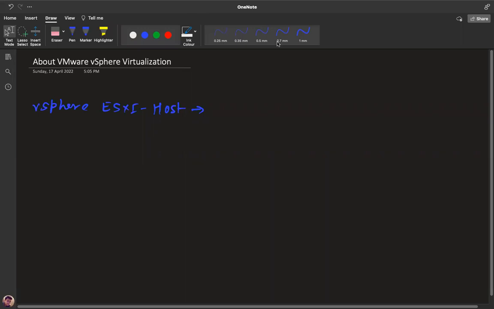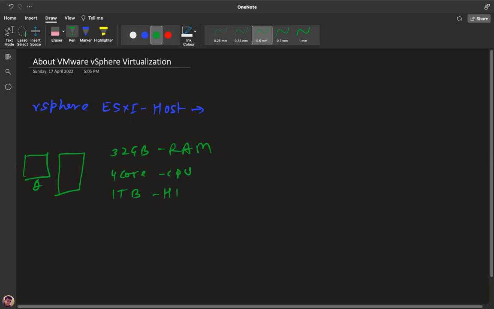For example, we have one piece of hardware, I'm talking about a desktop or maybe a workstation that you purchased with good configuration. This is your system, and the configuration of this machine is approximately 32 gig of RAM. Think about it. Up to 4 cores of CPU and up to 1 TB of hard drive, right? This is the configuration of our desktop or laptop or maybe a workstation. I'm planning to use this machine to install the vSphere